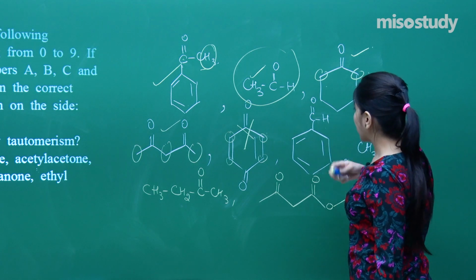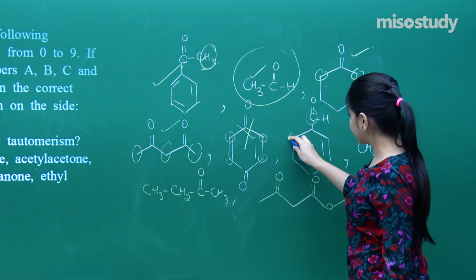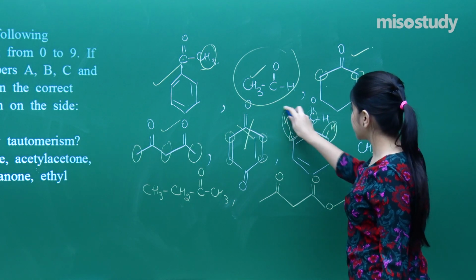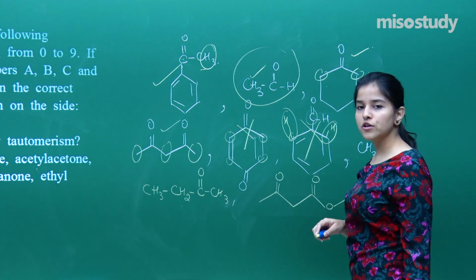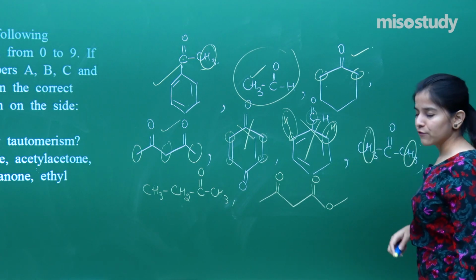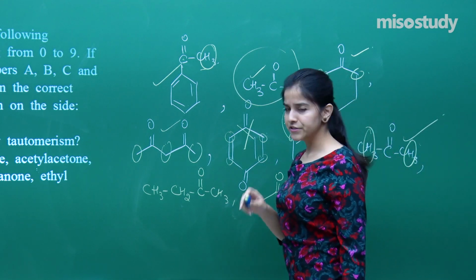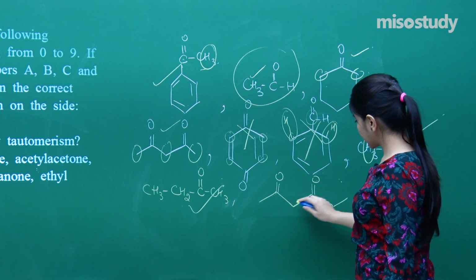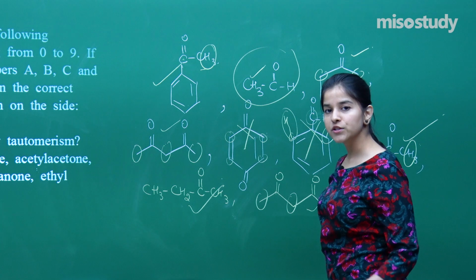Over here again the carbon is attached with alpha carbons and alpha carbons have hydrogens, but these are again attached with unsaturated carbons. So it will also not show tautomerism. If you see over here, I have got alpha hydrogens, it will show. This definitely, yes, this will show. If you see over here, again I have got so many, this will also show tautomerism.